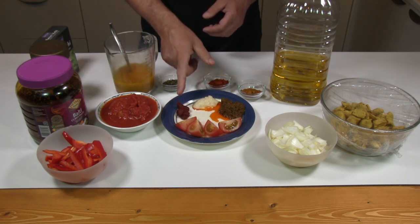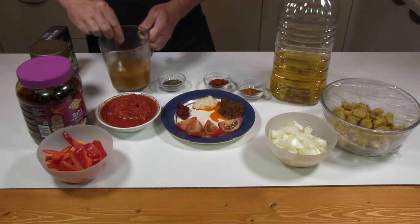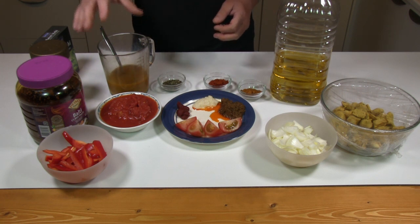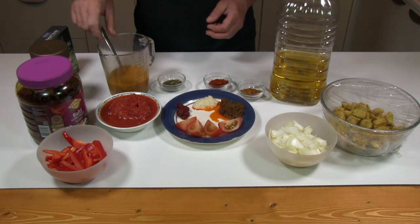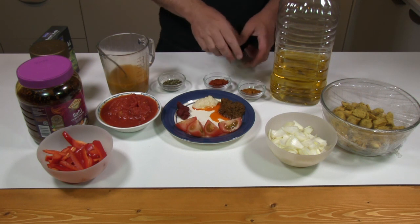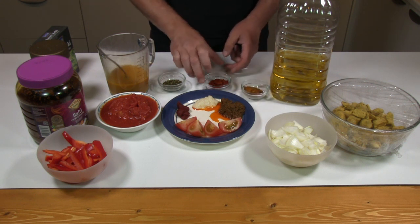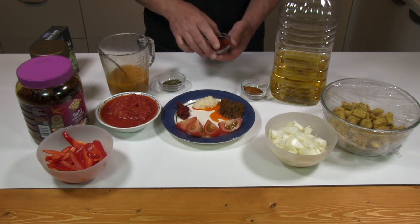We've got 1 tablespoon of tomato puree. Here we've got 300 milliliters of curry base gravy. So this is the Malat curry base gravy. Again, if you look on the YouTube channel, under the curry section, you'll see a very short video on how to make the Malat curry base gravy. You can obviously use your own. We've got 1 tablespoon of Malat curry mix powder, 1 tablespoon of Malat Kashmiri Basaar curry powder,